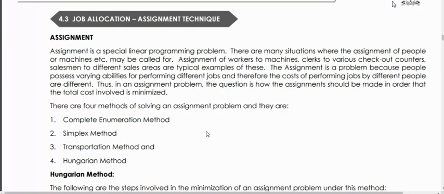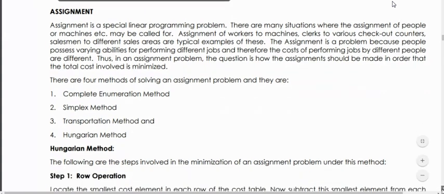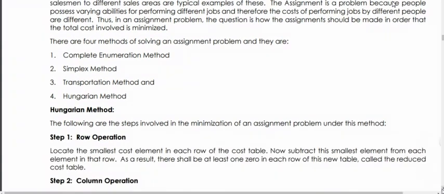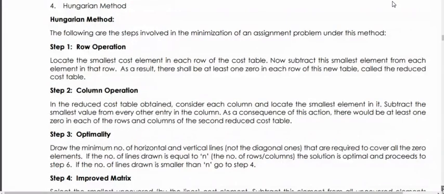Various jobs are available. And for these various jobs, various people are available. So I as an organizer, as an operation management or a planner, my work is to assign the right job to the right person. So to assign the right job to the right person, I need to look at assignment. So see, the first method in assignment is your Hungarian method.